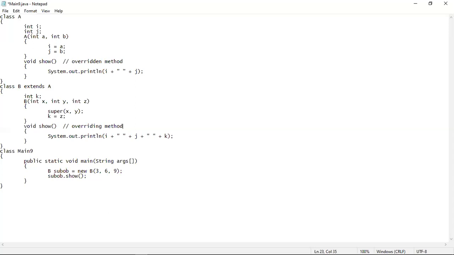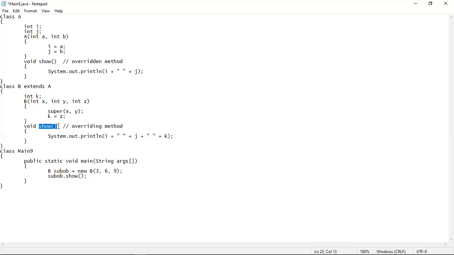Basically, the subclass version of this show method will override the superclass version of this show method. That's why the superclass version of the show method is the overridden method, and the subclass version of the show method is the overriding method. So here method overriding is taking place.